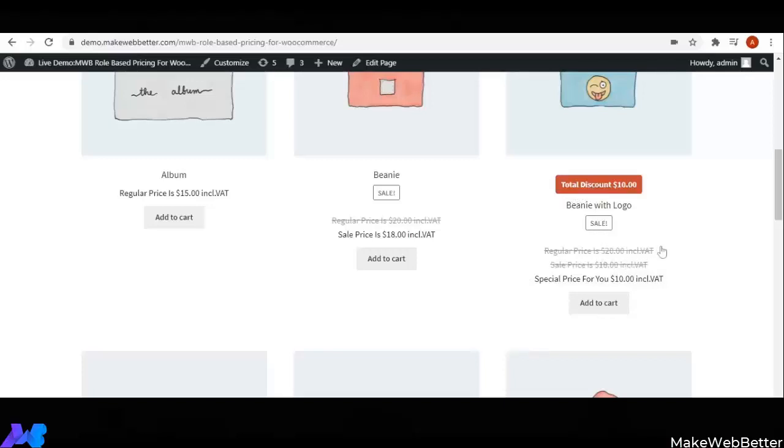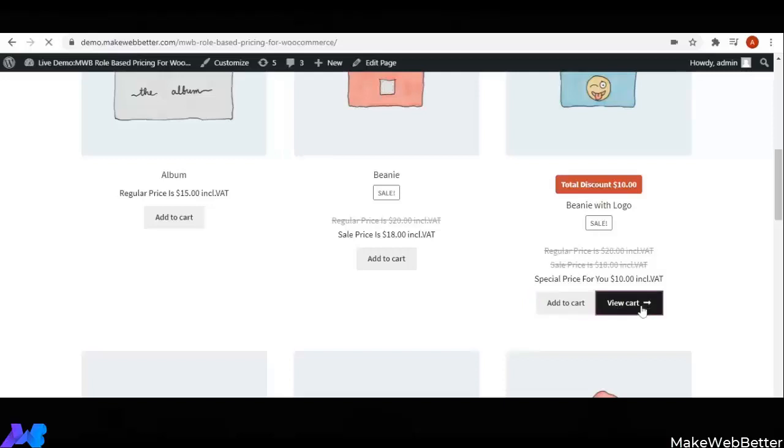We are able to see the regular price, sales price and add to cart button, because on the back end we have clicked the tick box of all these options to show these things to the admin. So if the admin is logged in on the shop page, he will be able to see all these things. So let's click on add to cart.